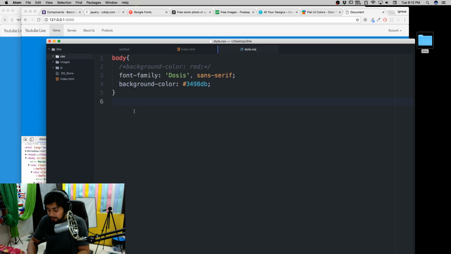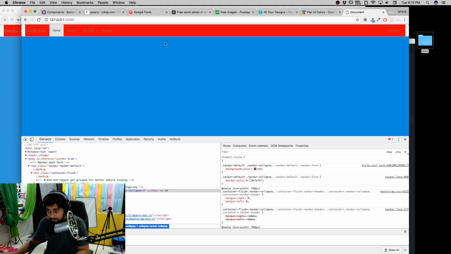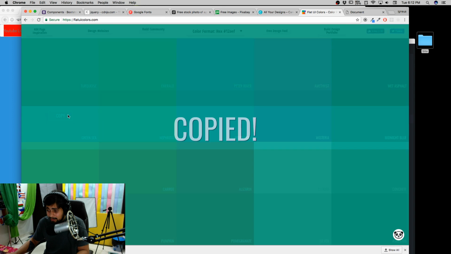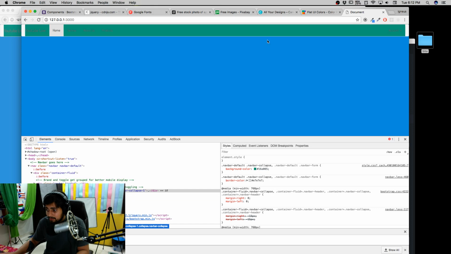I can paste it exactly there, and I'll set the background color to red just to show you things. And notice that now the background color is red. I know that's a nasty color, but this is how you can quickly edit some colors. Okay, let me show you a couple more things. Let's make it a little bit better. I'm not getting very specific with the colors, but I'll talk about the colors in a second. Wait with me for a few seconds, and I can go back in here. And notice now the color is looking good.